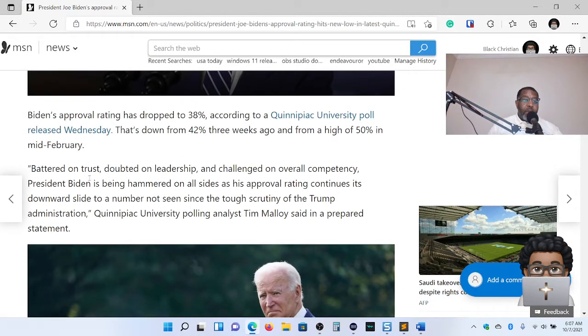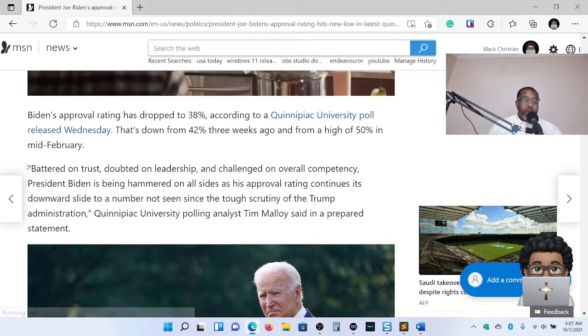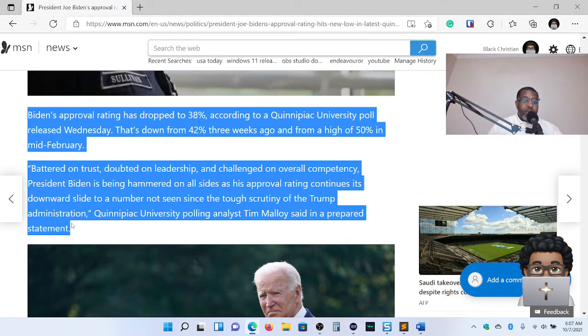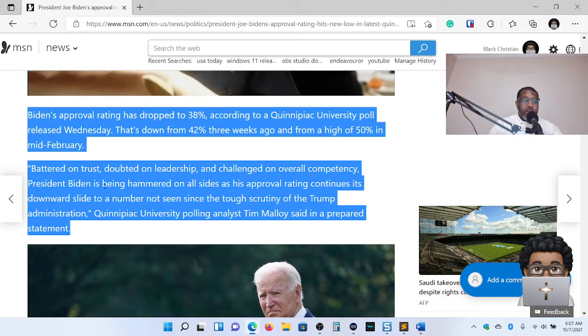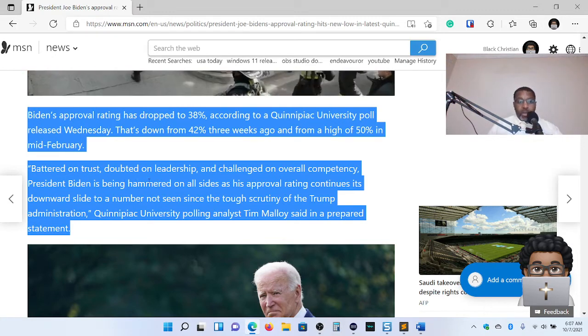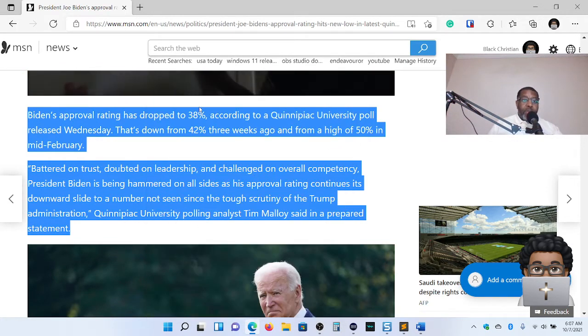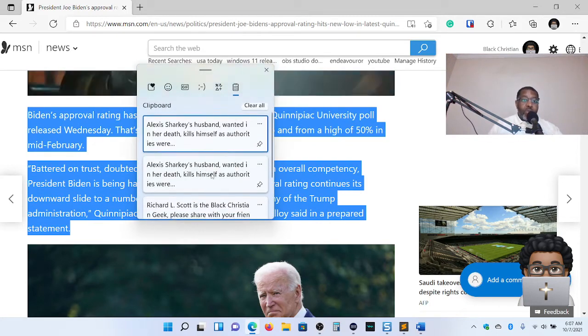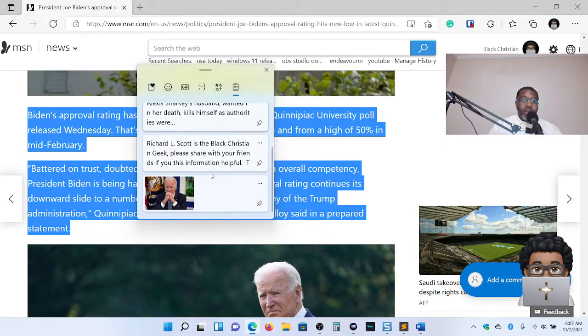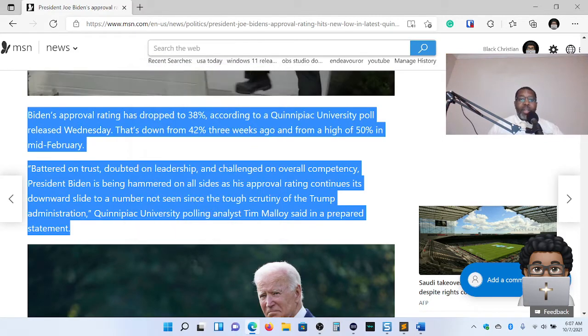So now I'm going to select more text, and copy. Once I copy this, now if I press Windows key V, you see where I've copied several rounds of text and that picture. So now it's saving